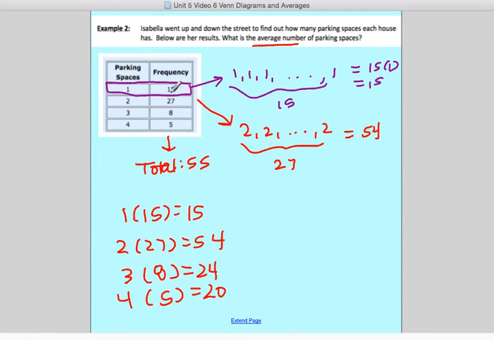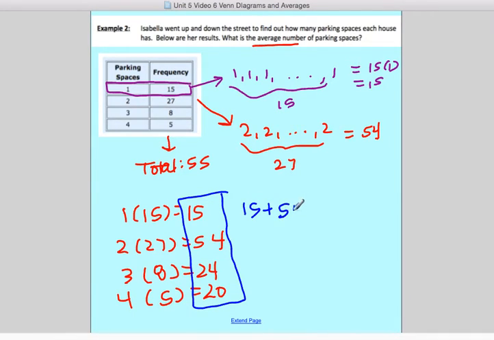Okay, so that is just essentially taking 1 plus 1 plus 1, 15 times. There were 27 twos, so 2 plus 2 plus 2, 27 times. And then there's 8 houses with 3 spaces, so 24 total. So what we need to do is add these together. Okay, and when I add these together,